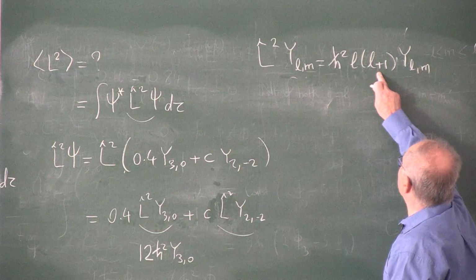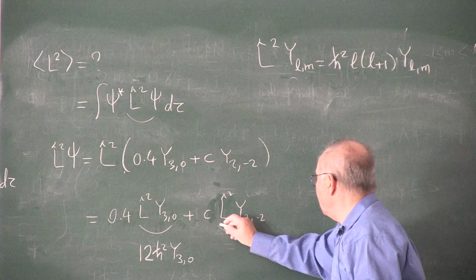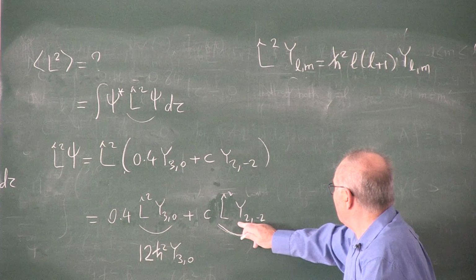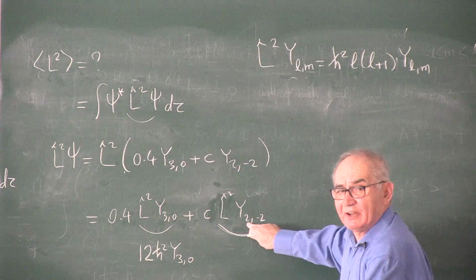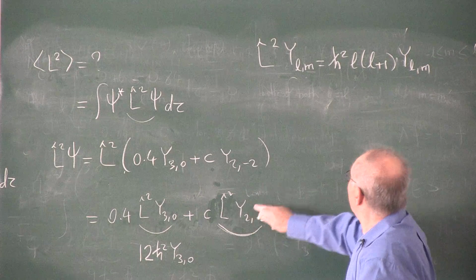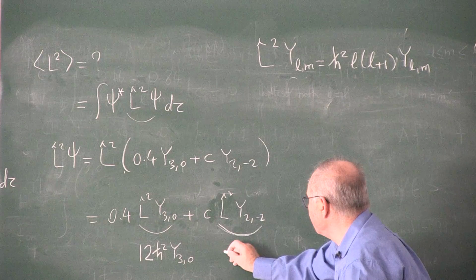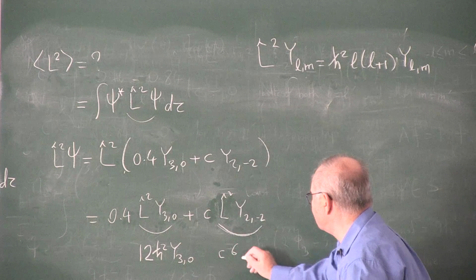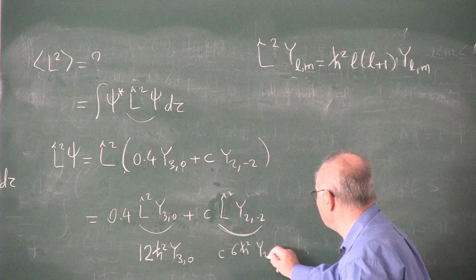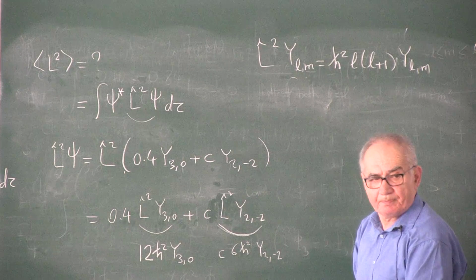A similar simplification can be done over there. Here, what is the value of L? L is 2. 2 times 3, 6. This can be replaced with c times 6 times h bar square times